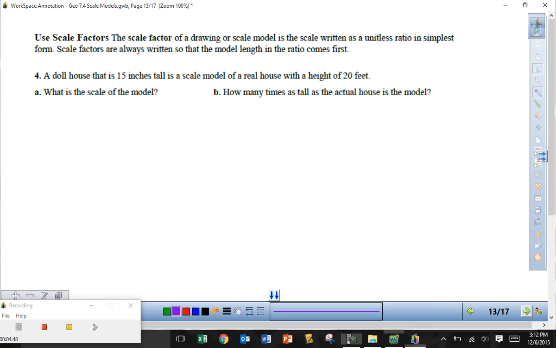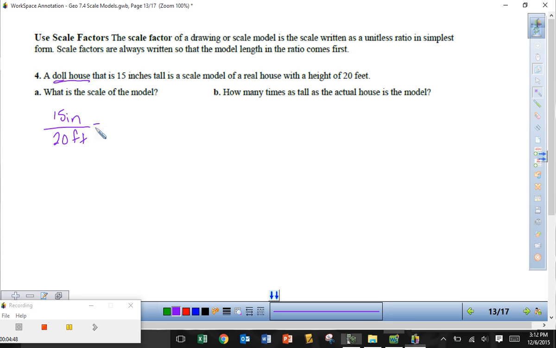So if on number 4 we have a dollhouse that is 15 inches tall compared to a real house that we know is 20 feet, can we write the scale factor for this model? Okay, again, we want to put the model first. So our model was the dollhouse, and that was 15 inches tall, and then our actual height was 20 feet. Okay, we want it to be unitless, and we want it to be in simplest form, so we just